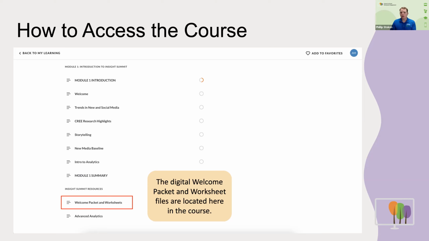That's in there, and all of the worksheets as PDF files are going to be in there as well. These are the worksheets for the entire quarter, for all of Insight Summit this fall. I just want to make sure everyone can see how it's all laid out.